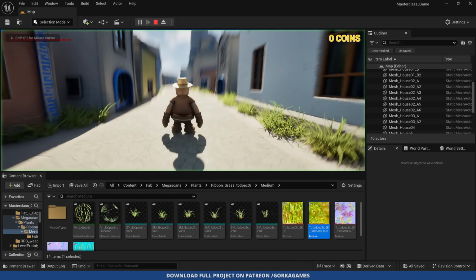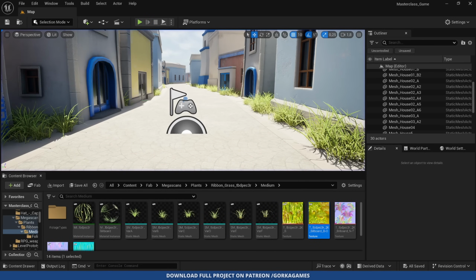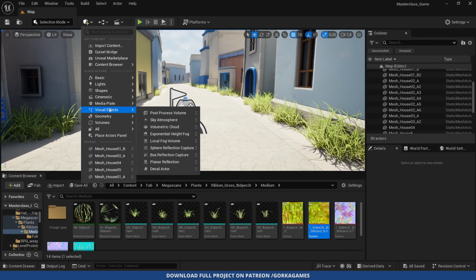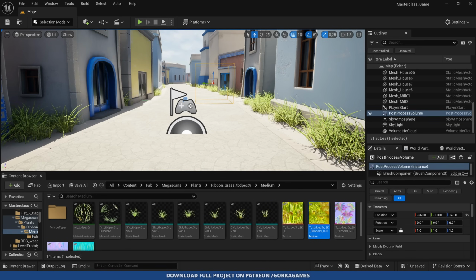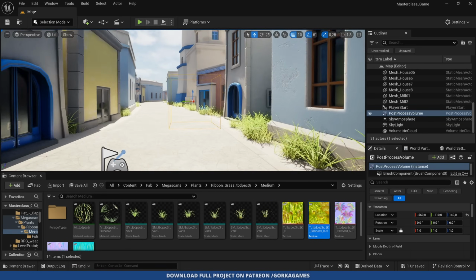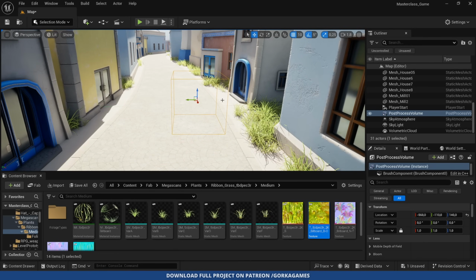And that's it. So you can see they're more stylized and it looks pretty cool. Last but not least, let's go ahead and add in the visual effects, a post-processing. As you can see, this is a box. So the post-processing will allow us to change some things such as color grading, exposure, and some cool